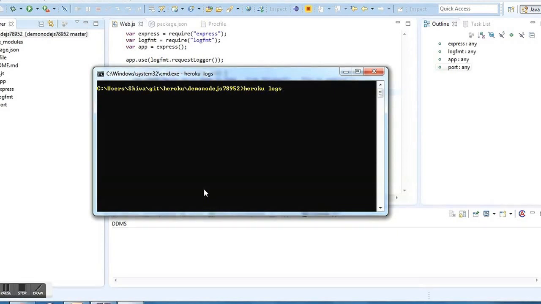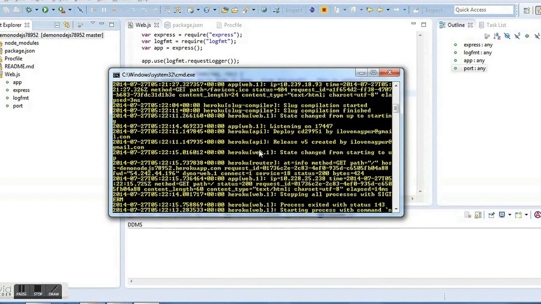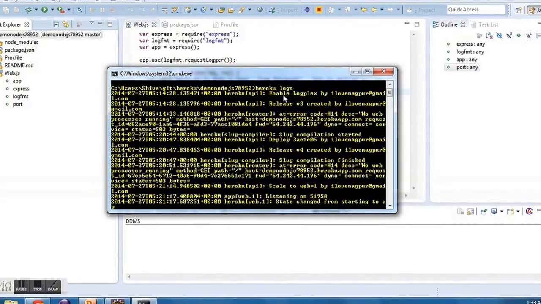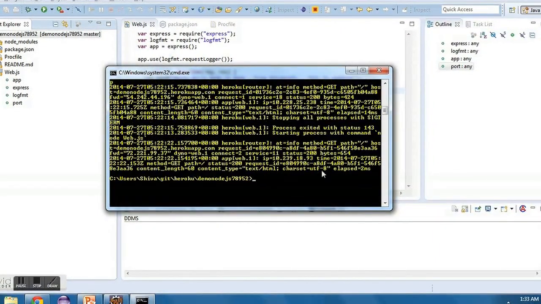If there is a success message or some error message, everything will be visible on our screen. That's very cool, and we can debug our application on Heroku anytime. These are very detailed logs. Once we deploy the application on production, we have to switch off this log, otherwise it will impact the performance of our application.